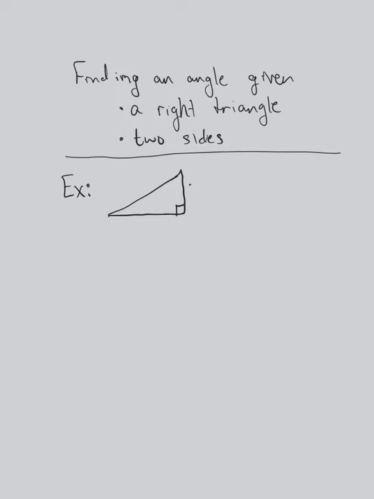Okay, and so here's a right triangle, and now say I'm given two sides. Say this side right here is 2, and this side right here is 5, and then I have this angle right here, theta, and the idea is to be able to find theta. It pretty much follows the same format as when we were trying to find sides. First of all, make sure you have a right triangle before you do this, but we do. Okay, and so the idea here is first to label the sides,